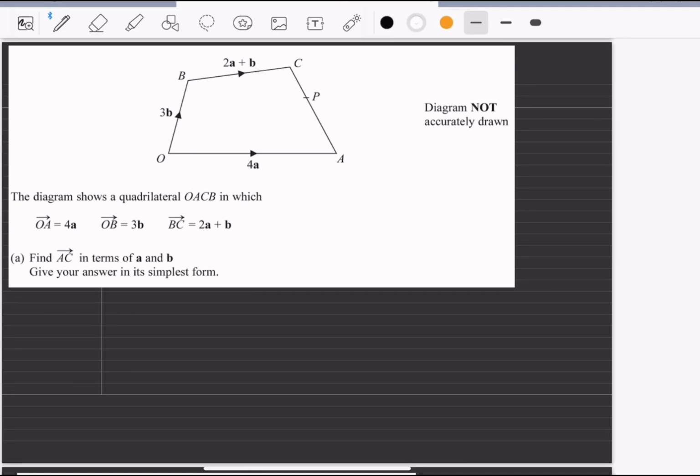Hello everyone, this time let's discuss a question from the 2024 Edexcel IGCSE 2H paper. As you can see, this is a vector question. A lot of students are afraid of this type of question because they are not used to the vector algebraic